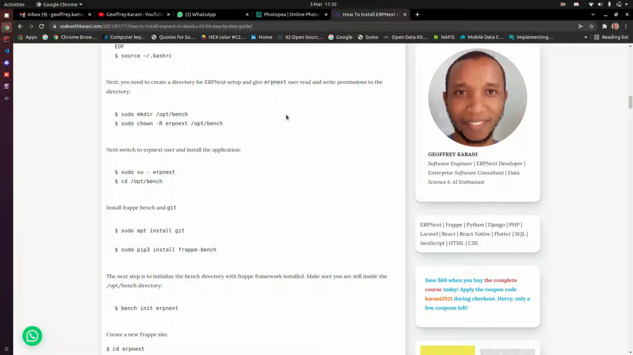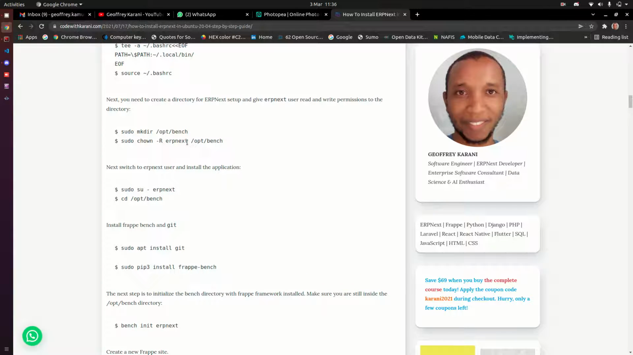So I have been having questions flying in about how to access the directory into which you have installed your Frappe framework or your ERPNext instance. Now, that question is relative depending on where actually you created that specific folder. If you follow my blog here, Code with Karani, I created a directory in opt bench, and that is where all our